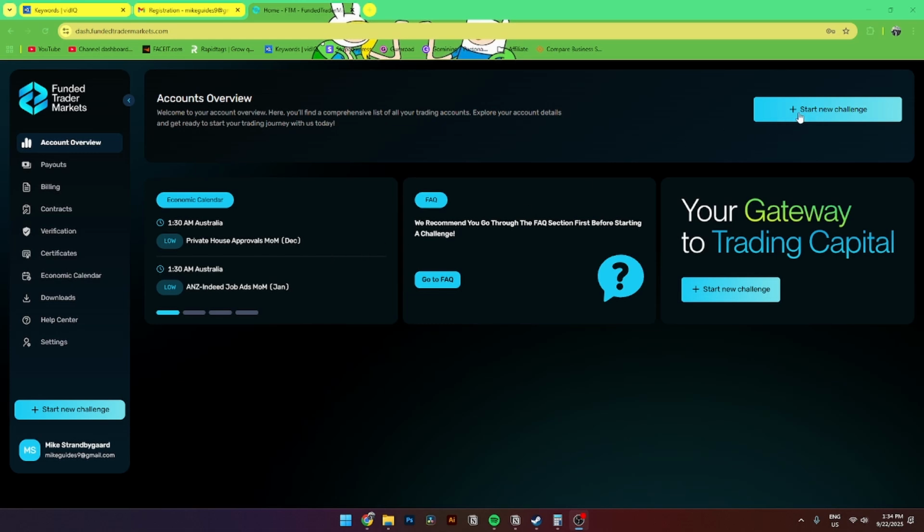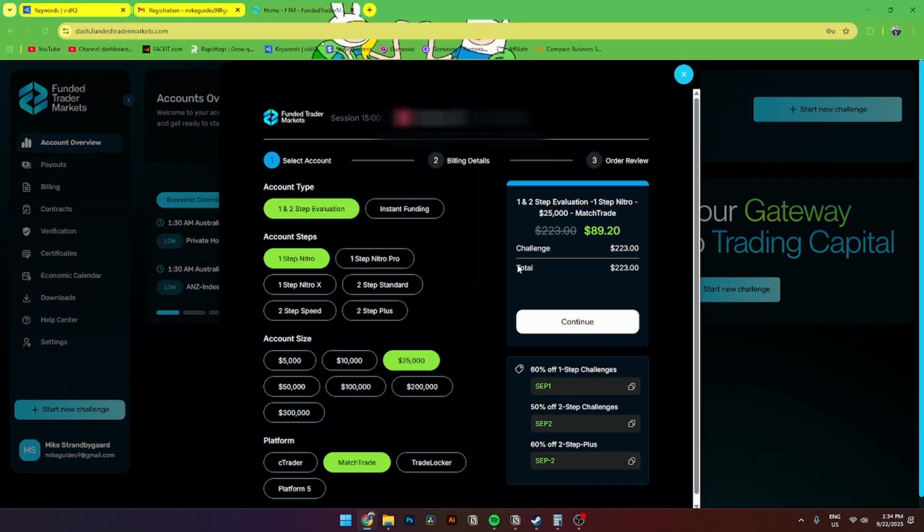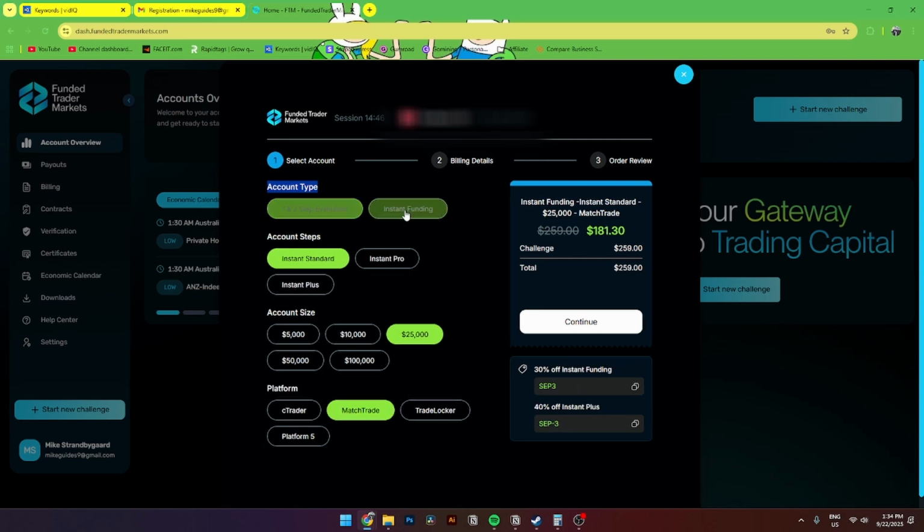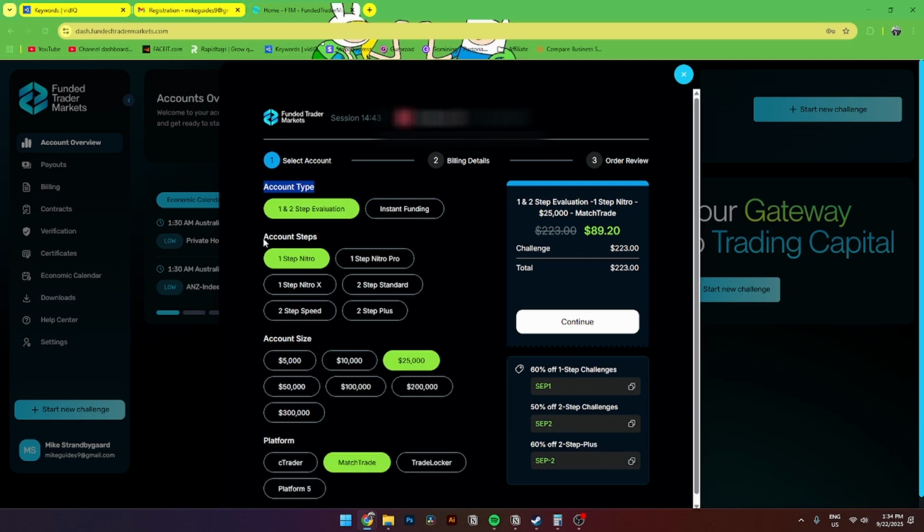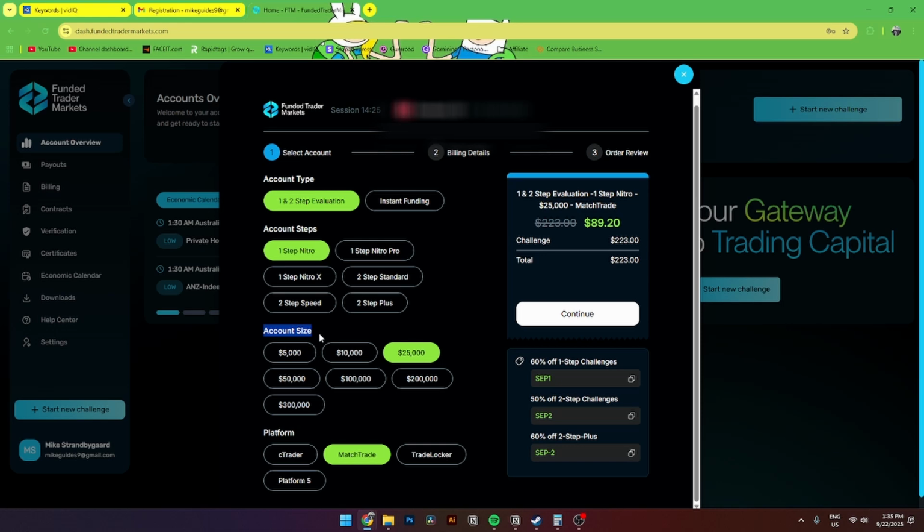And to do that, you need to go up here to the dashboard and click Start New Challenge. From here it should look something like this. And as you can see here, you have 15 minutes to do it, and you'll need to select an account type, which you can choose between either 1 or 2-step evaluation or instant funding. You'll also be able to choose between the account steps, either step 1, step 2, or step 2 plus. Then you'll need to change the account size to what you want to have, either 5k, 10k, 25k, 50k, 100k,